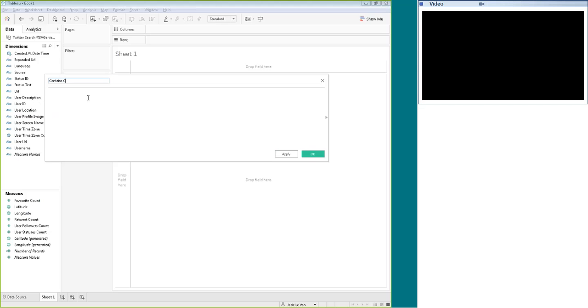So I'm using a calculated field to write a quick formula, which would be IF CONTAINS, and then I mention my status text, which is my tweet. If my tweet contains Hillary, and I'll just copy that and say, or if my tweet contains Clinton,